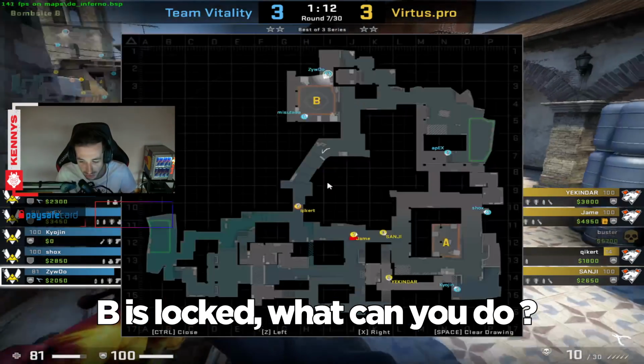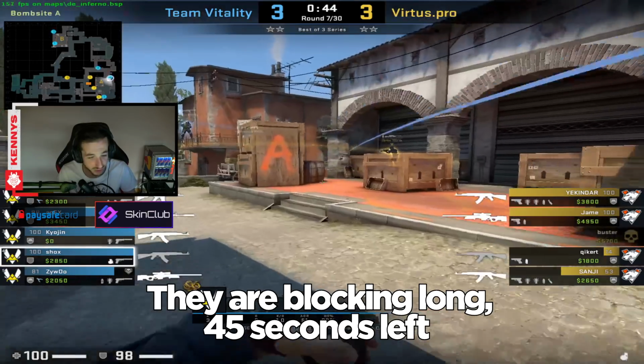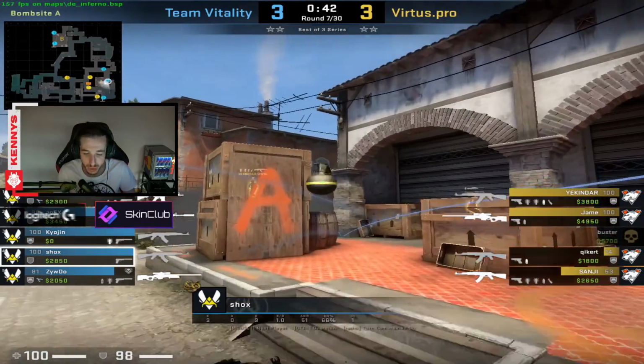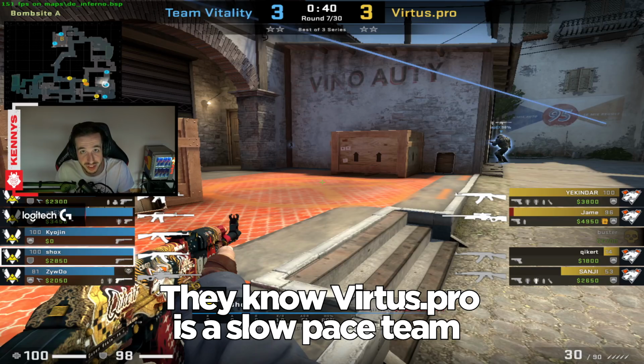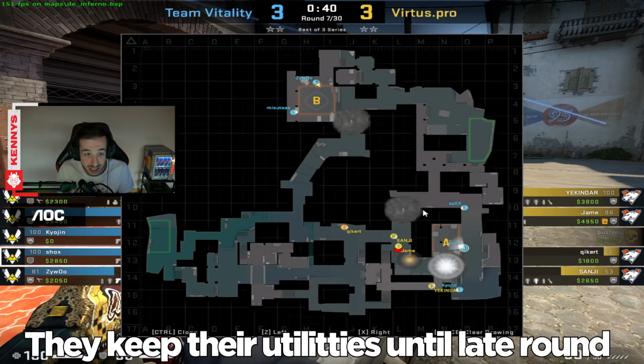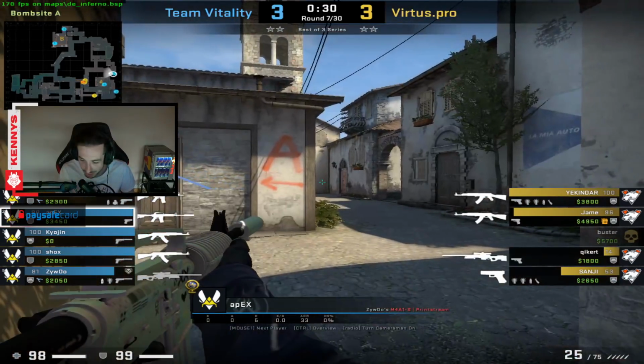B is locked. What can you do? I don't see how VP can win the round now. They're blocking long, 45 seconds left. He's blocking short. Really, you see the difference here? How Vitality is using their utilities. They know Virtus Pro is a slow-paced team. So what is Vitality doing? They keep the utilities till late round. And that's really smart. So now they're gonna wait for the utilities to...